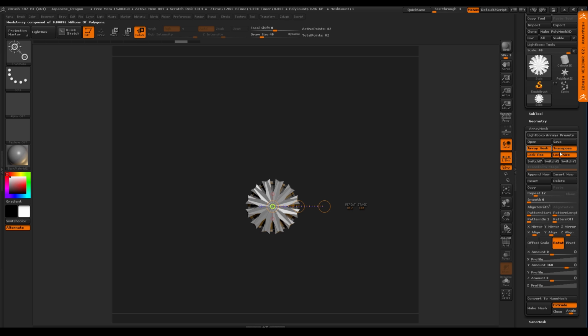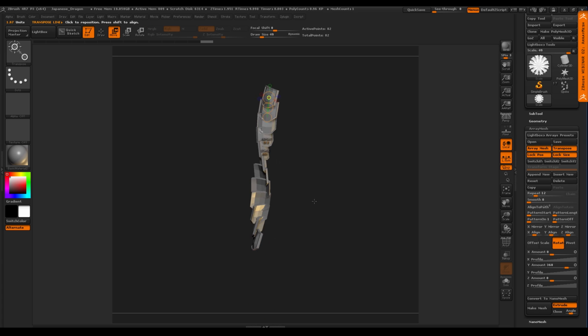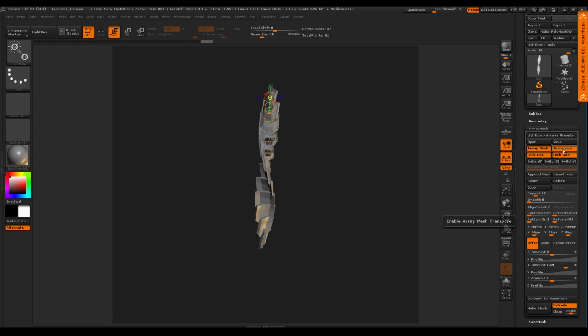Okay. So when you have this transpose option on, the transpose line doesn't work the same as now if I pull down, see, you're just creating some nice little scale spiral thing happening. Because now what this is actually doing, because I'm in move mode, it's actually offsetting now. All right, so I want to make it clear that everyone understands this. When I have the transpose option on here in the array mesh, instead of using the transpose line to control the individual piece, which this is our individual piece, it's actually now being used to control all the options in array mesh.